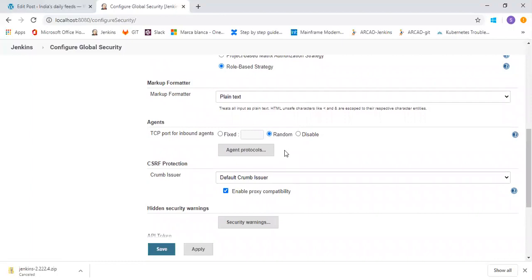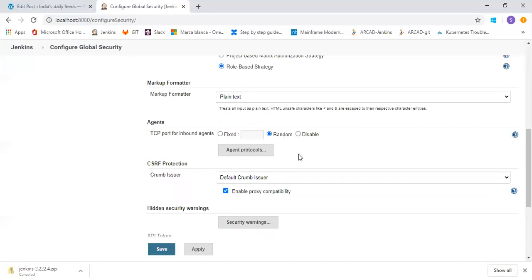Other things are, for the agents, these TCP ports. Whenever you are going to create slave nodes on Jenkins, you can provide the port required for those slave agents. By default, it will be disabled.